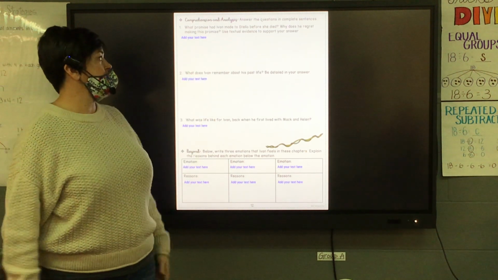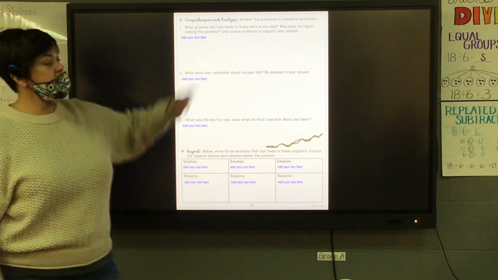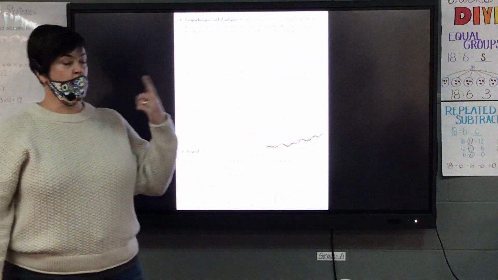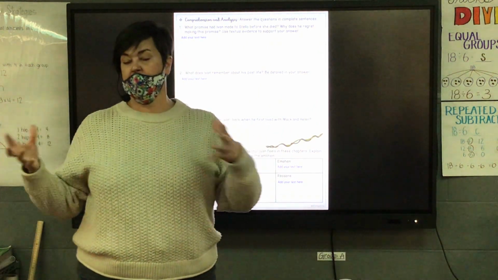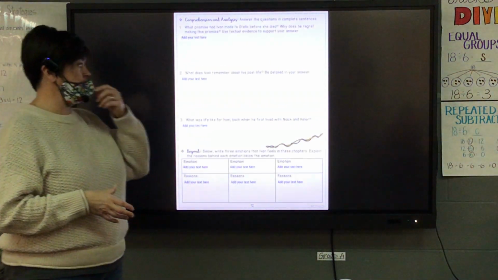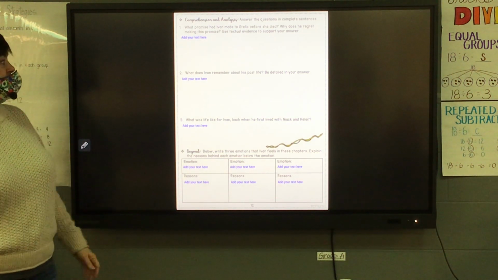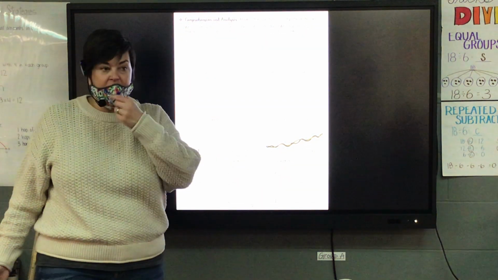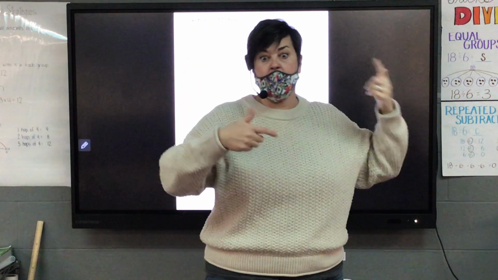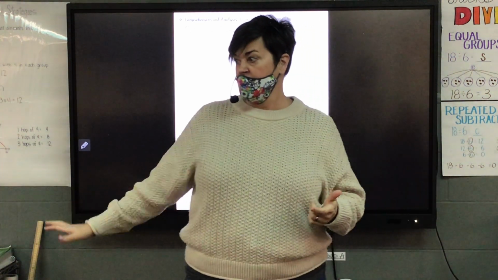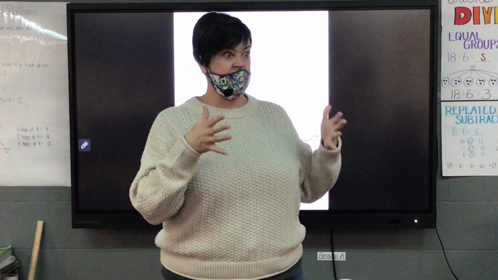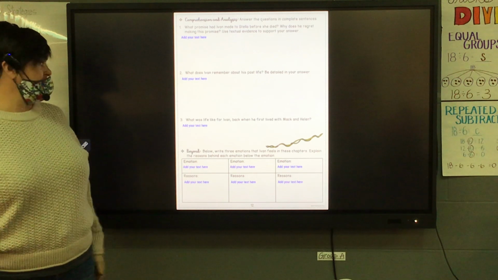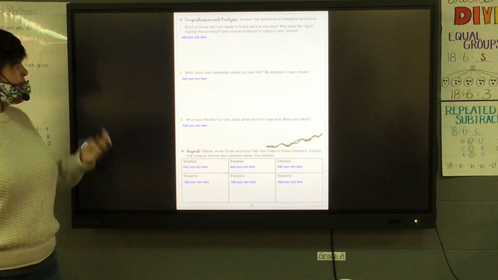And then it says use textual evidence to support your answer. So there's 2 things we're answering, right? What the promise was and why he regrets it, giving the specific reason from the story as to why he regrets it. Look at 2. What does Ivan remember about his past life? So obviously he's starting to have more memories from when he was younger, before he was in the domain. We're going to be writing that information down for 2. And then 3, what was life